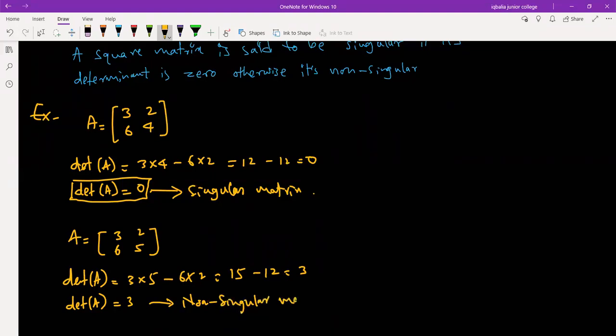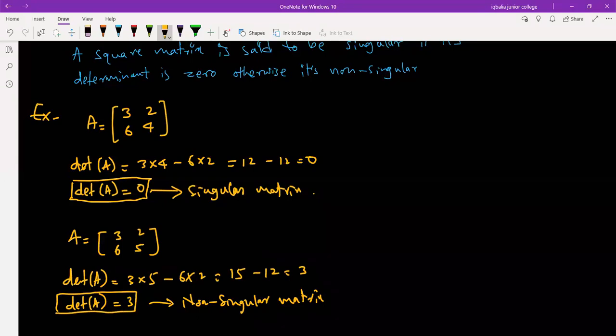Non-singular matrix. Understood what the difference between singular and non-singular is? I believe you understood each and everything. Understood, sir. Okay. Now,